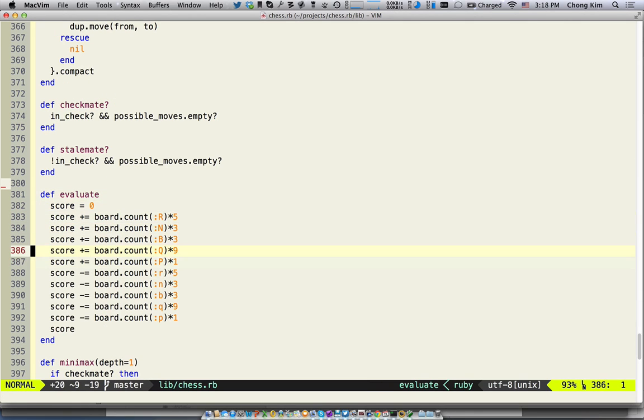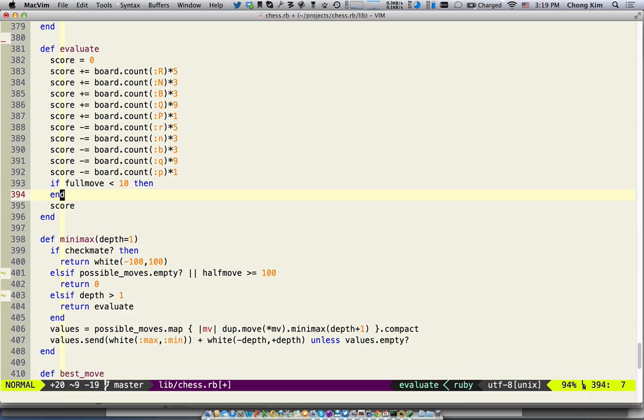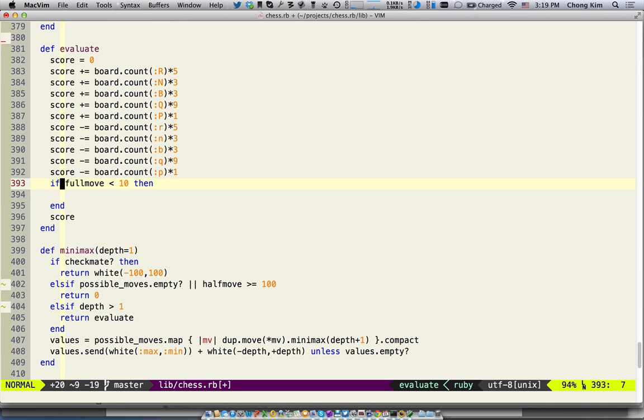All right, under evaluate, all we have is just this. But in chess, when you're doing an opening, you want to try to control the center. So what I'm going to do here is say if the full move is less than 10, then we're going to do this calculation. And I'm only saying less than 10 because anything more than this, and you're starting to get into the middle game and then the end game, and they all have different purposes. So in the beginning, you just want to bring your pieces out. So for the first 10 moves, let's just consider that